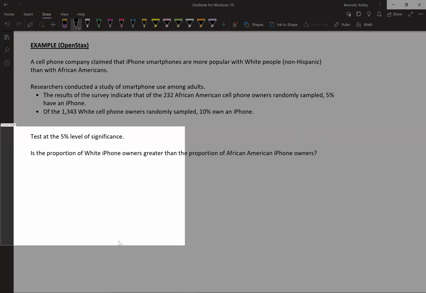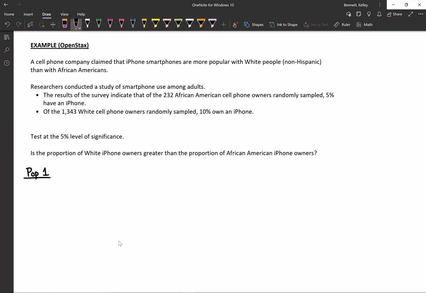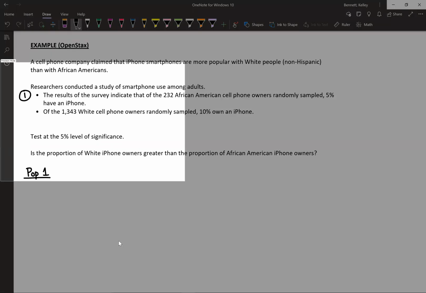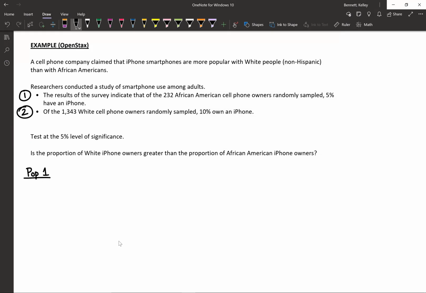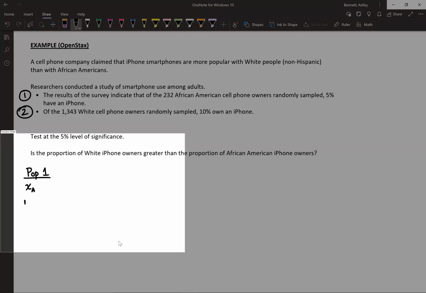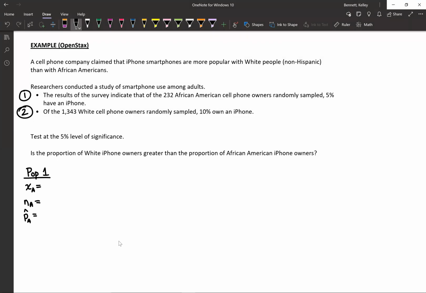So we're going to have population 1. I'm going to call this first bullet point. You can be 1 and you can be 2, right? So we have X_A and N_A and P_A hat, right? So X_A is the number of yeses, N_A is the sample size, and P_A hat is the sample proportion. So if I'm reading this first bullet point, the results of the survey indicate that of the 232